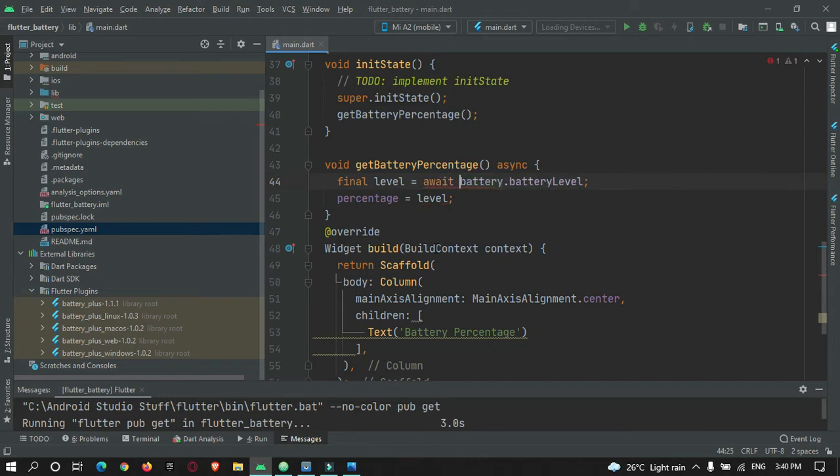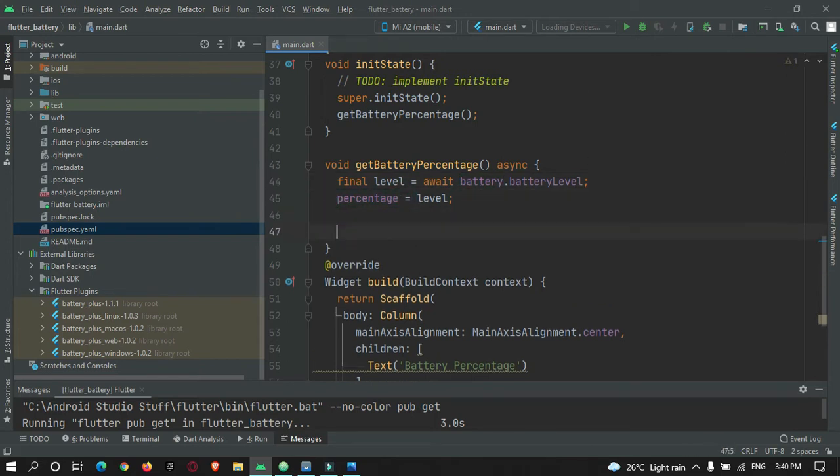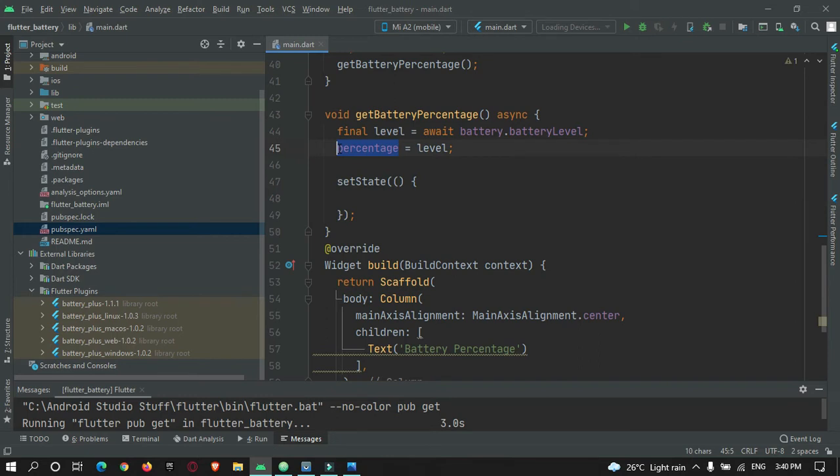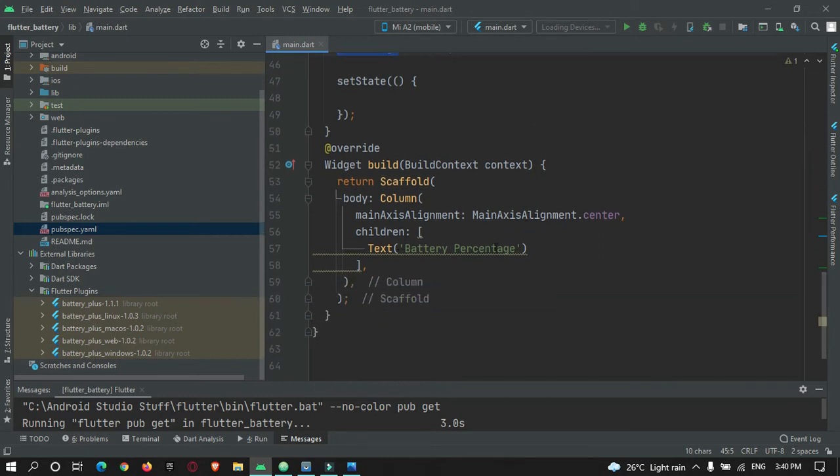Okay, and that's it. Now this percentage will have our battery percentage. After getting the battery percentage, we must make use of setState. Okay, so now let's use this percentage variable to show in our app. So let's declare here somewhere battery percentage.